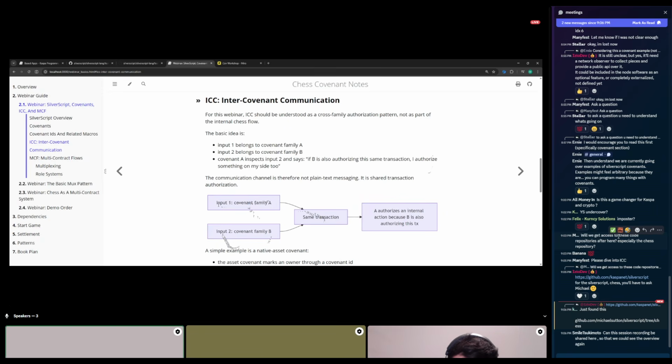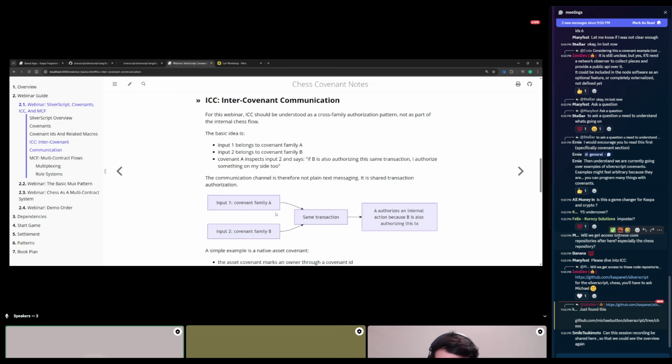So through my code, the code of A, for instance the DOG20, can have its own state remember that the owner is covenant B. And then it can simply verify that there's another input in this transaction owned by covenant B. And it's essentially going to say, okay, I trust covenant B. Covenant B declared itself as an owner to me. I don't need to know what it's doing. Its owner chose to trust it, so it knows what it's doing. So I'm just going to delegate the authority.